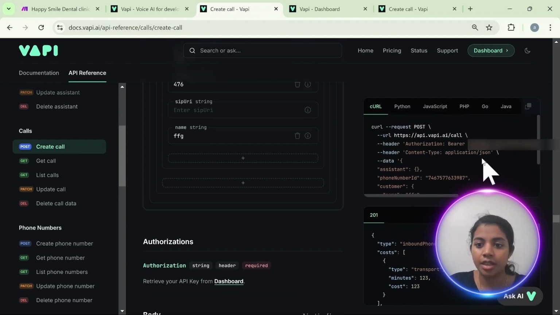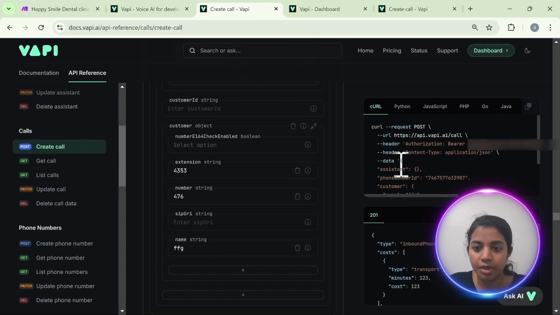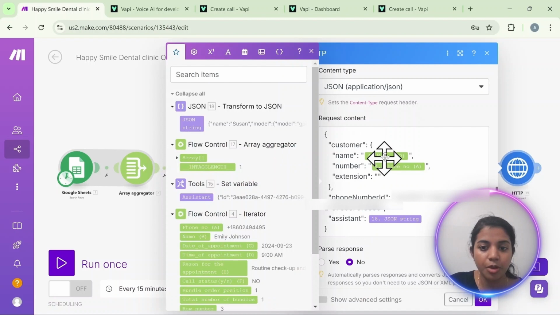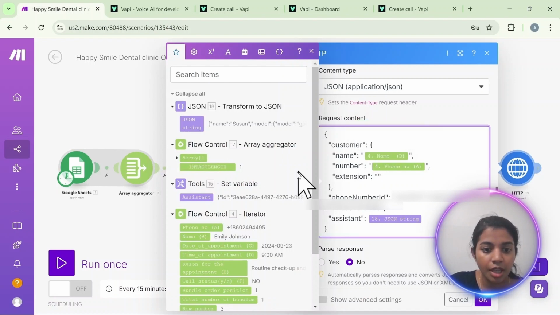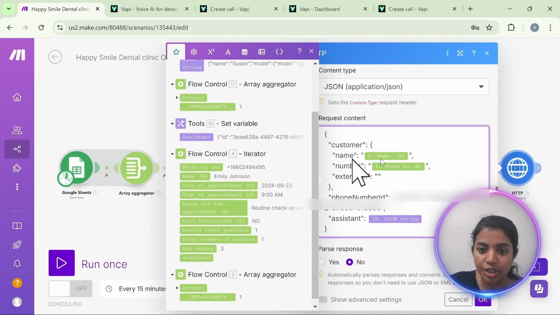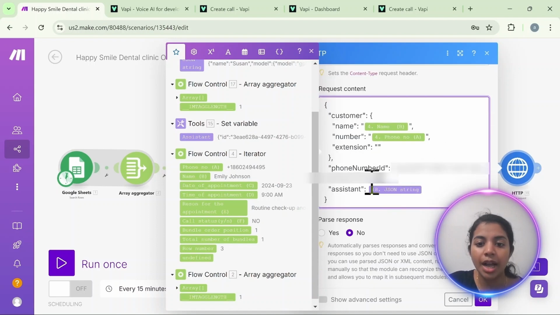So okay, that's it. Copy from this open braces, paste it. Name section, map the name of the customer from the iterator. Match the name, and we need the phone number of the customer, map it here from here. And for the phone number ID section,